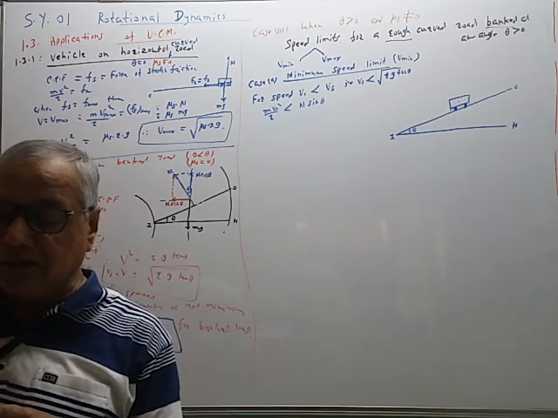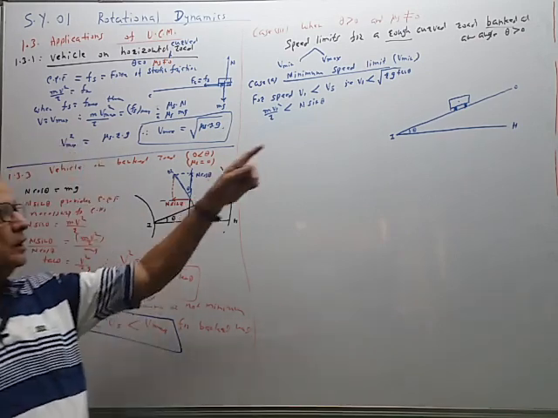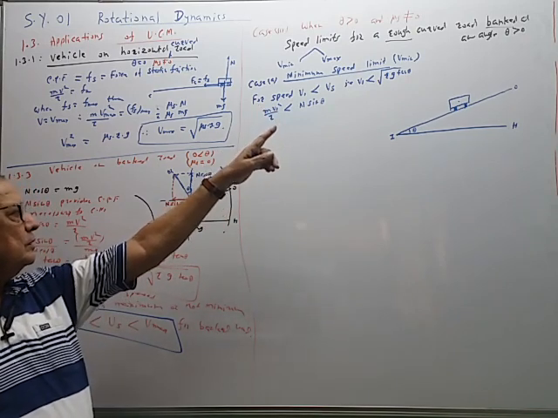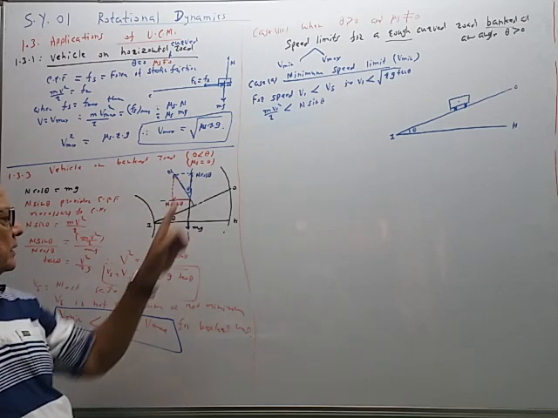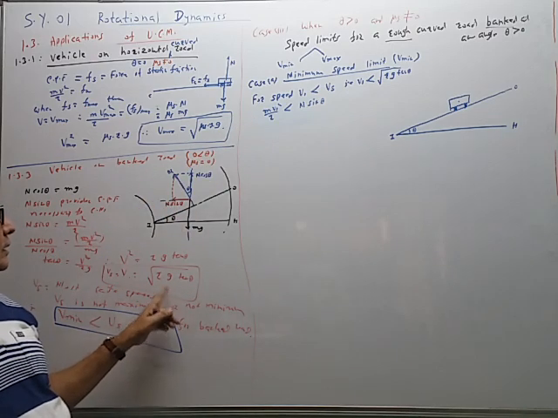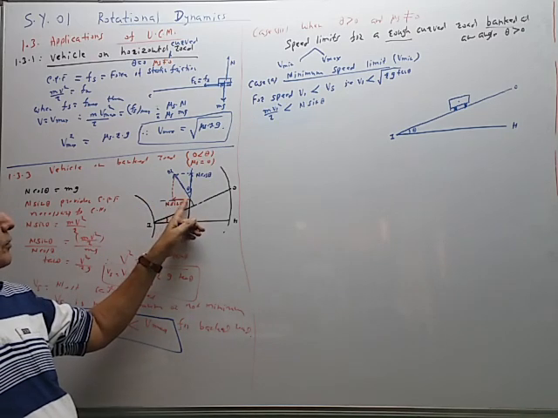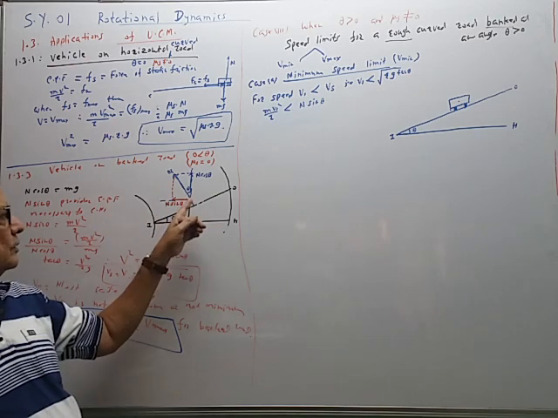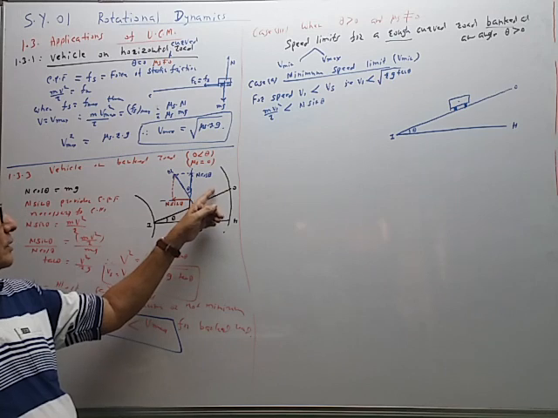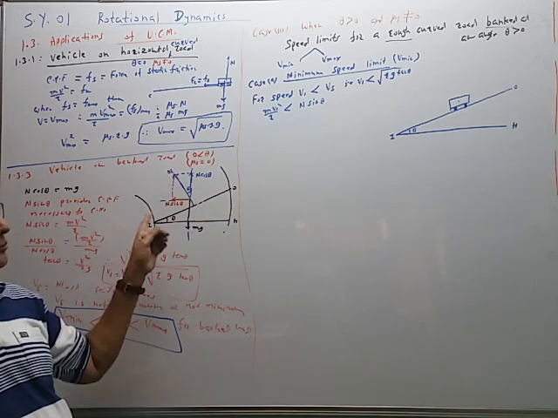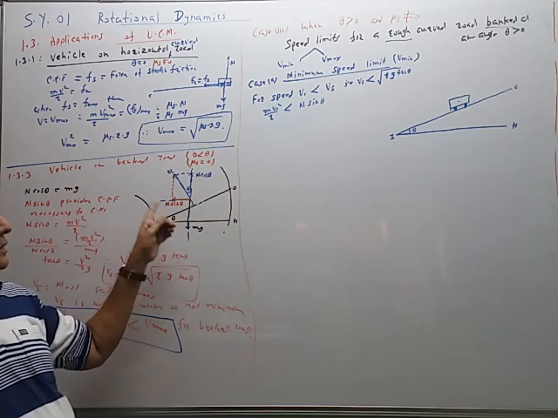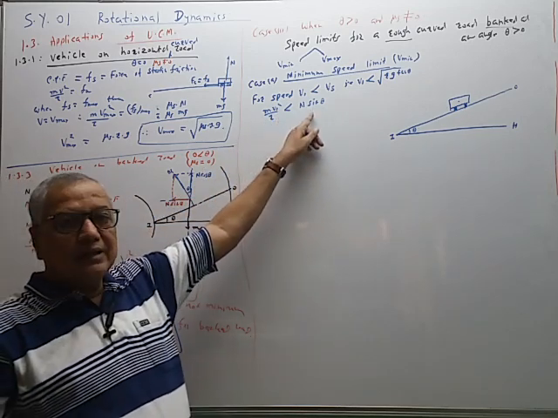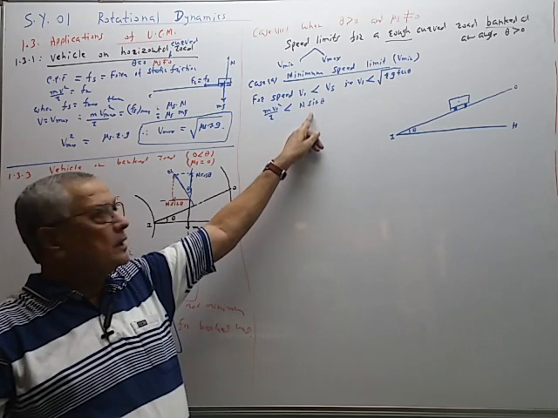So our condition is this: when the vehicle is moving on a banked road having coefficient of friction μs with the speed V1 less than the safe speed limit, then N sin theta will be the predominant factor. It will provide the centripetal force like this. So the vehicle has a tendency to move in this direction. Fs is greater than centrifugal force. This is also centrifugal force. So N sin theta, I will repeat again.